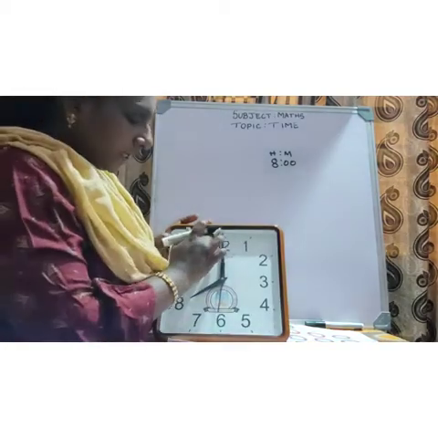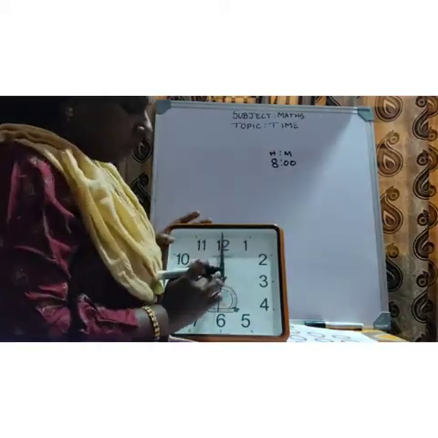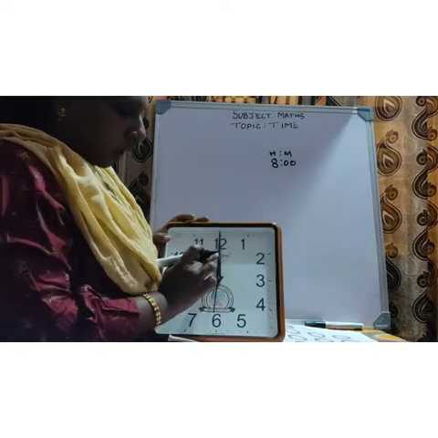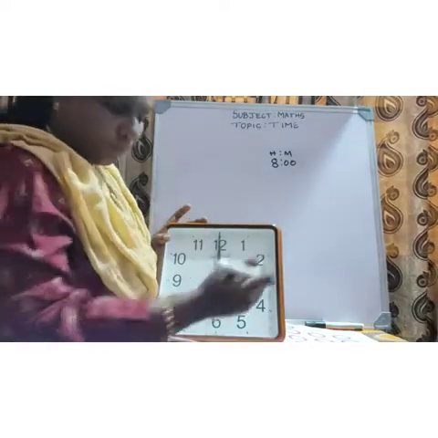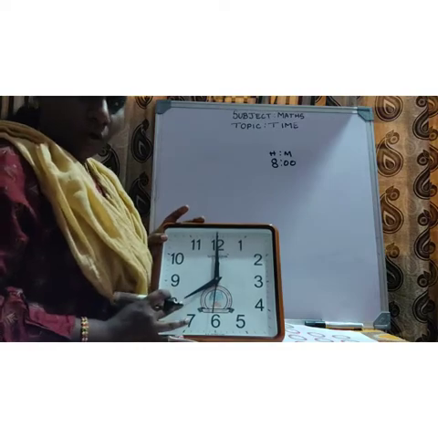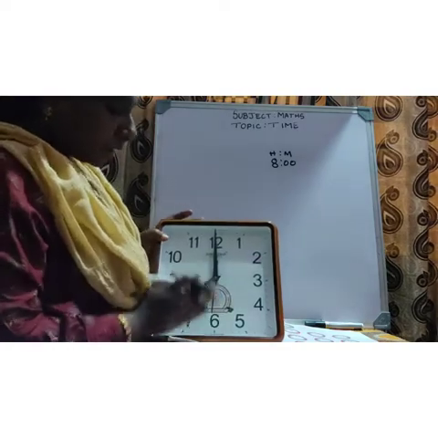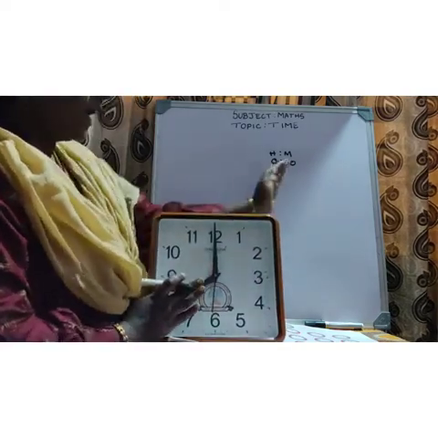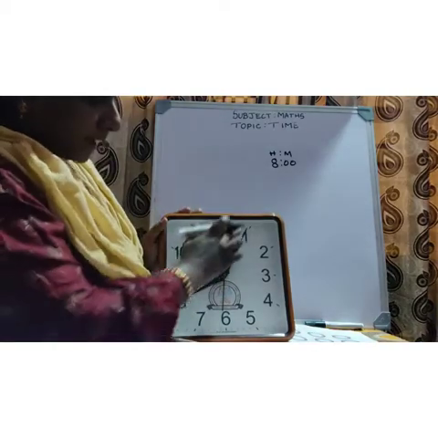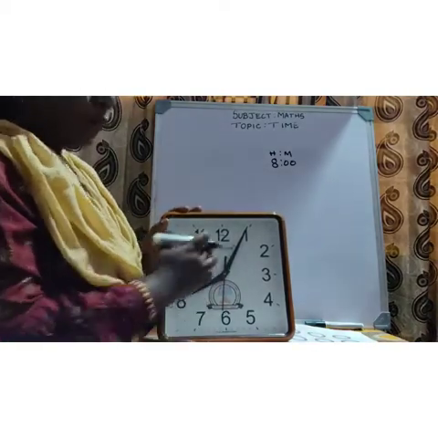First we will learn only the hand. If the long hand is at 1, what is the time? If the long hand is at 2, what is the time? Next we will see along with the hours. Now it is at 12, it is 8 o'clock. I have written it. See here, children, the long hand is at 1. Now what is the time?